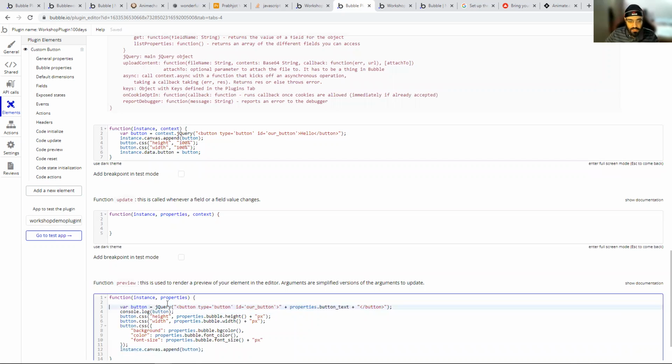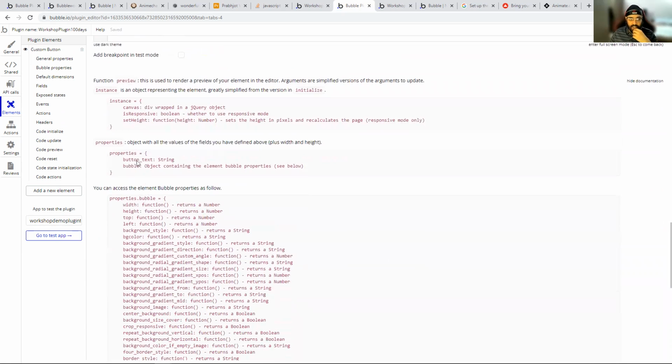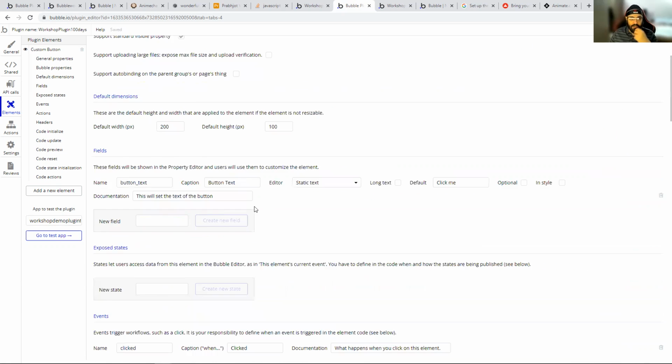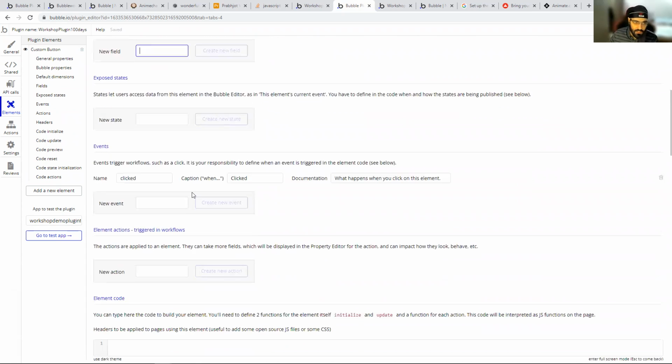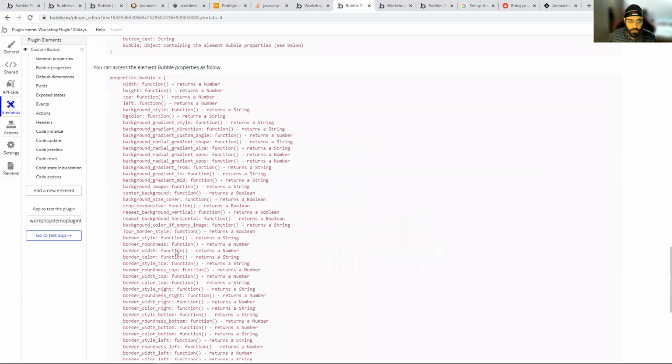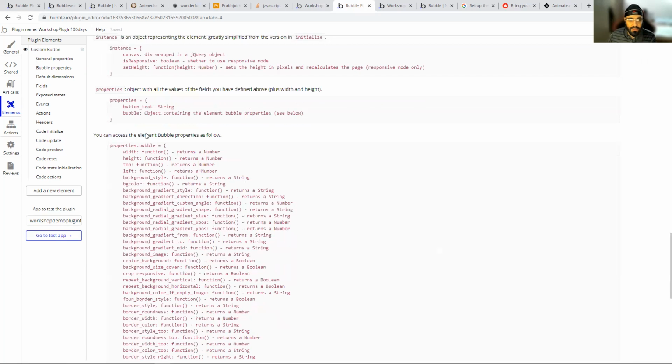Right, so again, what I do is the same thing. I call jQuery here, and then I have this button tag which I'm creating. But within the preview, I'm getting this properties argument. If I do show documentation, it will give me the button text. Like so, the fields that I created here are passed in the property argument. So I can access them as properties dot button text. So it will show here all the properties, and then